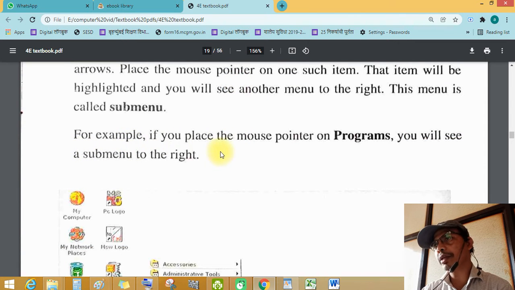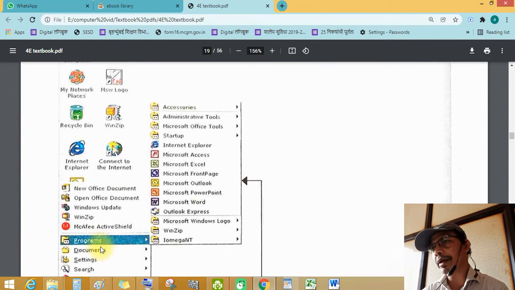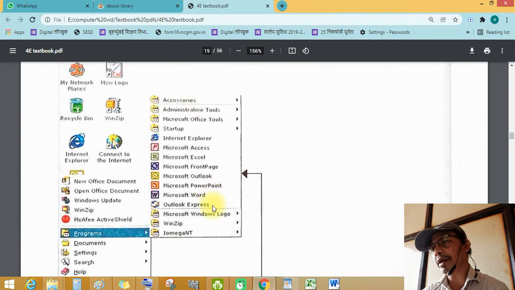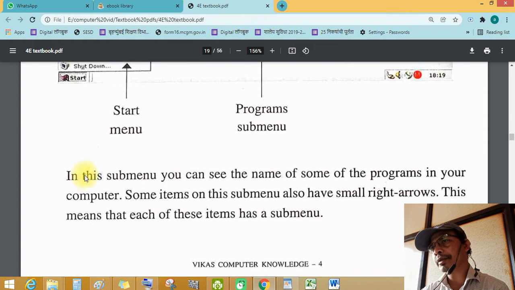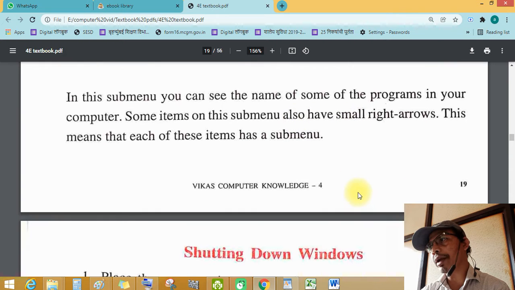For example, you place the mouse pointer on programs, you will see a submenu right here. In this submenu you can see the names of some of the programs in your computer. This submenu also has right arrows. This means that each of these items has a submenu.